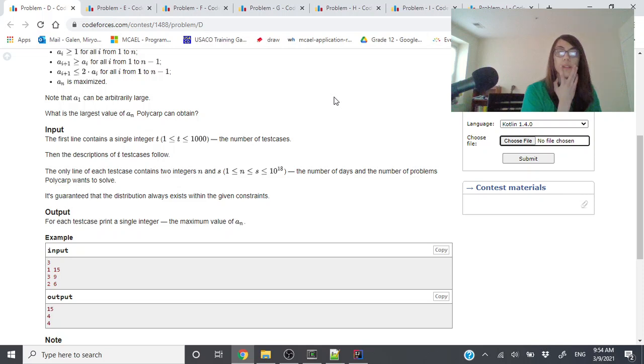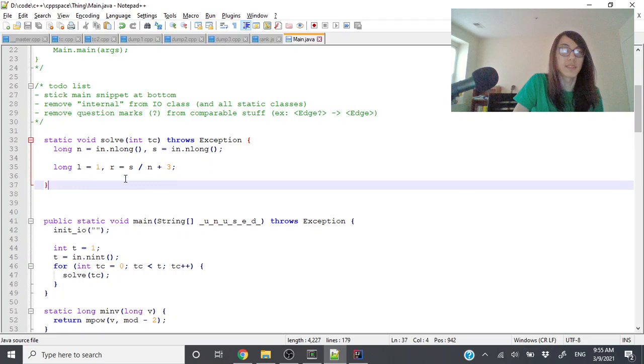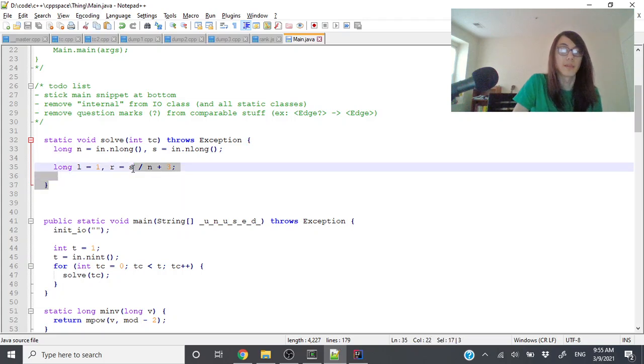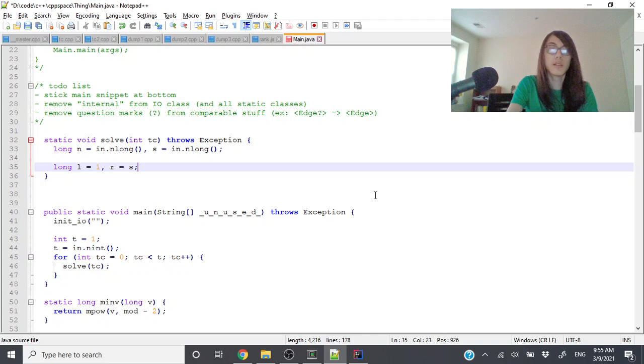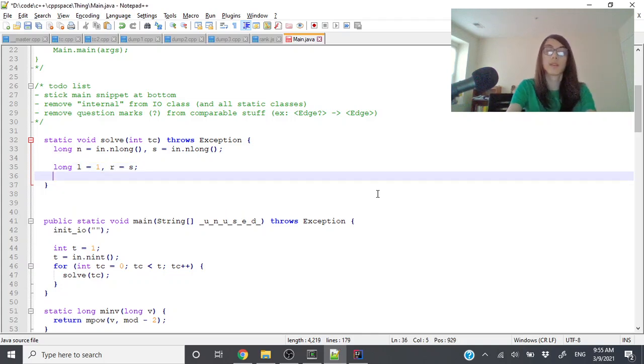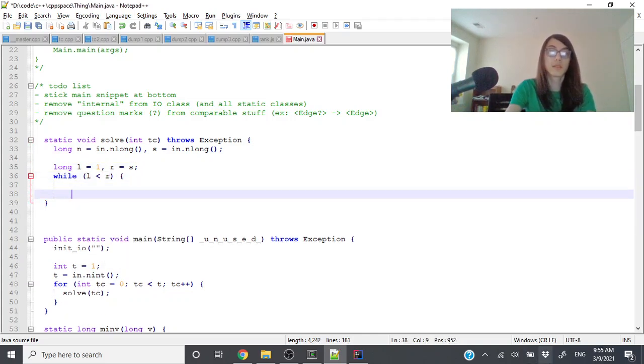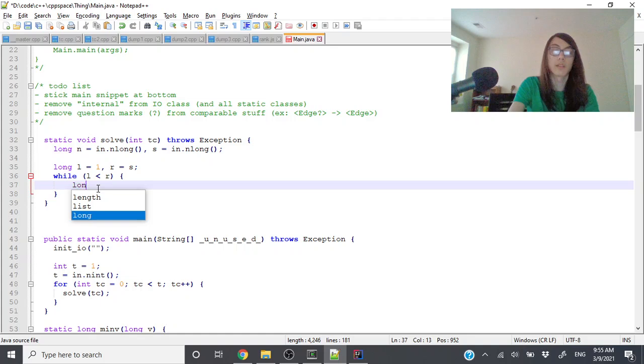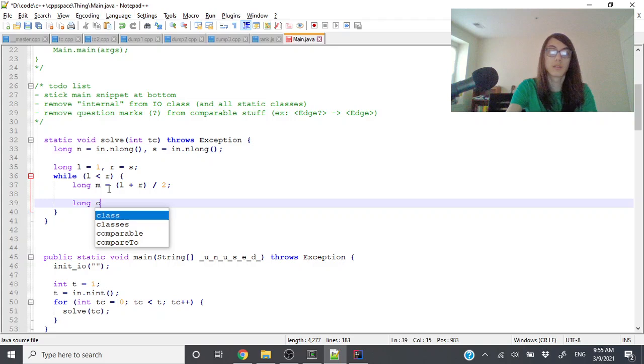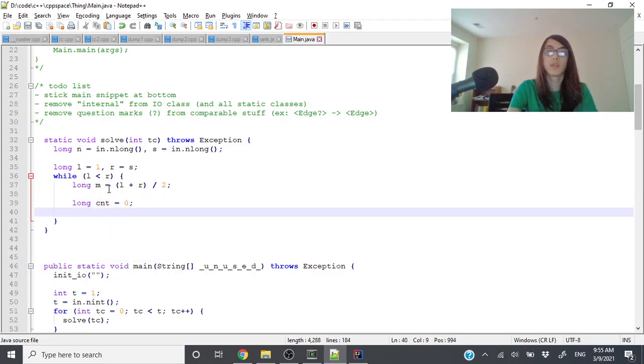So the minimum we can get is around O2S. So I guess we don't really need it to fit, we just need it to be S. Long m equals... okay, so